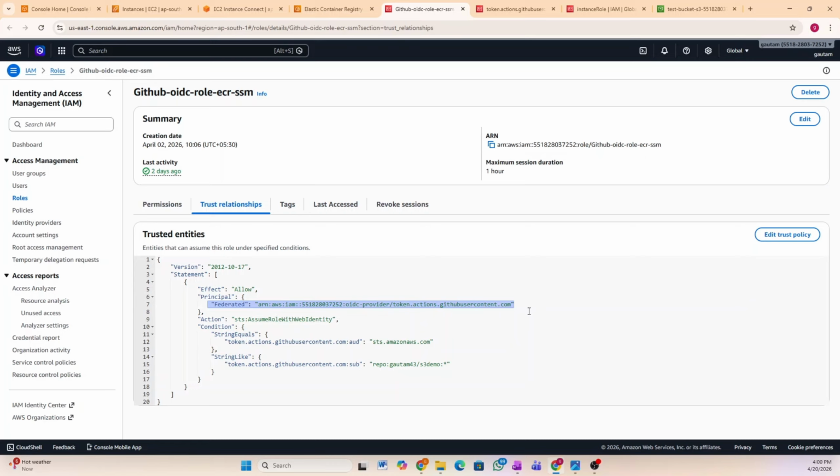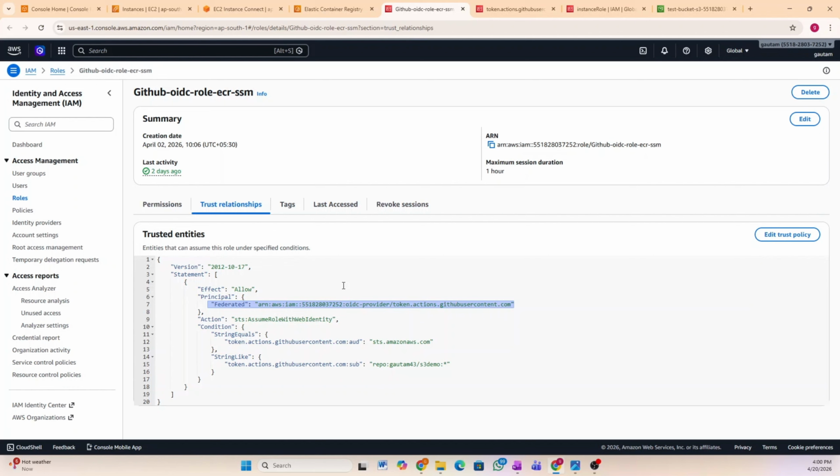So the trust relationship is like that. Suppose any of your friends talks to you and he wants your car,